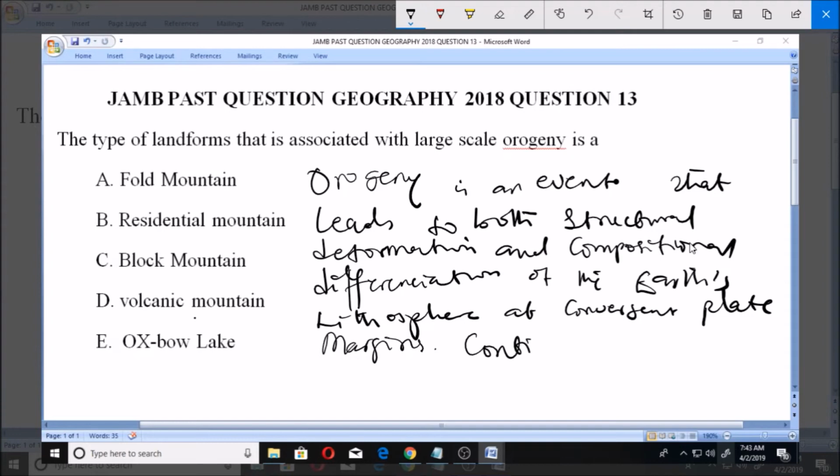You have fold mountain. So fold mountain is as a result of orogeny, and that's why option A is the